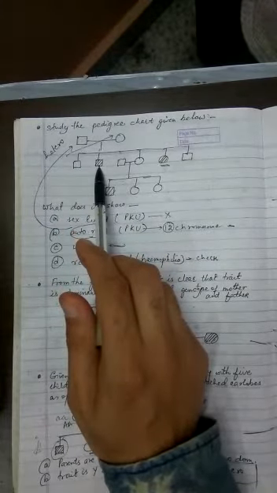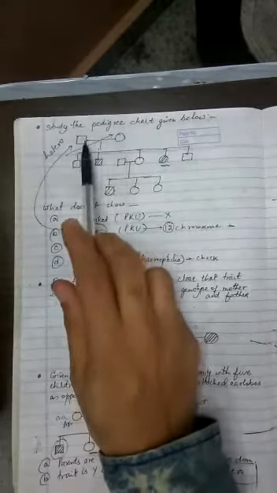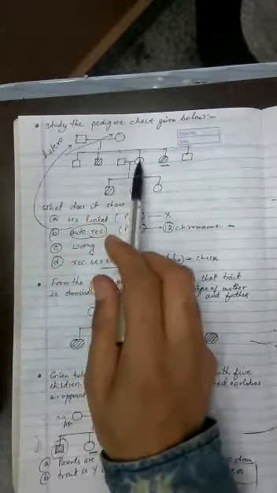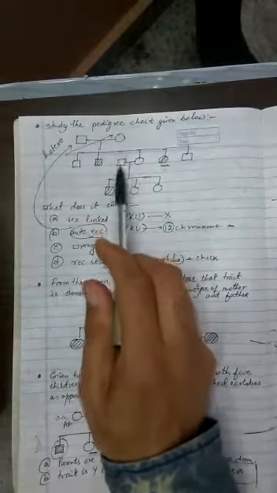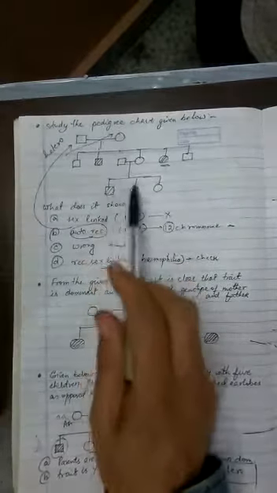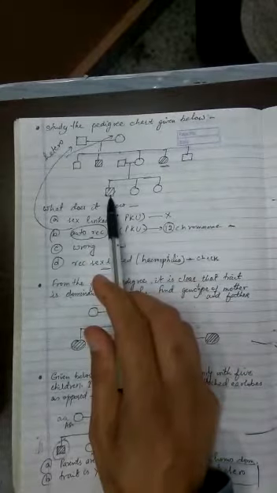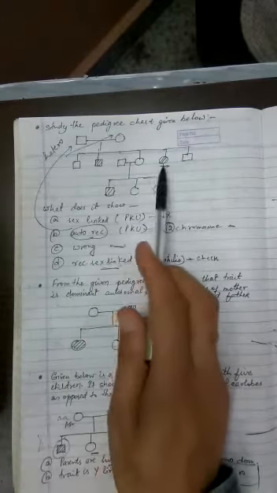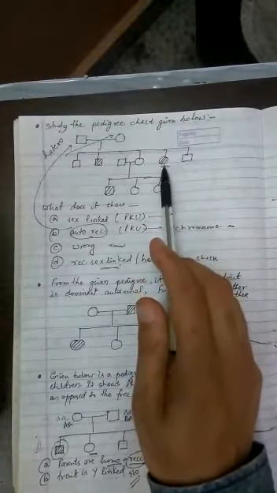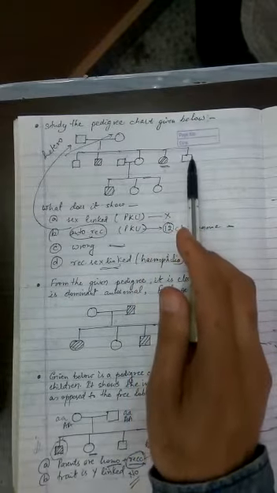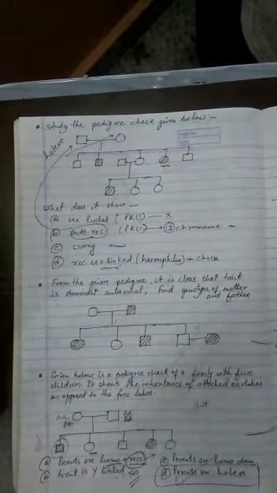So what does that mean? That they are heterozygous. Now again, this is the female born and she got married. This is an outsider. She got married, and these are the kids born. One kid is having the character. Now others don't have. You can see a female is having the character, and again a male child without the character. Now what does this show?